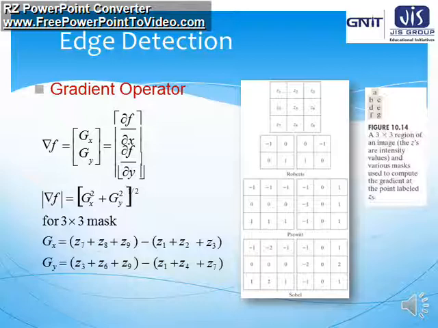So from this 3x3 mask we can find out the corresponding magnitude, which is given by the square root of gx square plus gy square, that means gx square plus gy square to the power half. Here this is a 3x3 region of an image. The z's are intensity values and various masks are used to compute the gradient at the particular point z5, which is nothing but the middle point of this mask. So this is the gradient